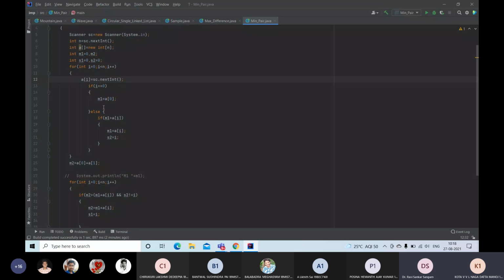Even then, suppose you leave the input section. Just ignore the input section. I understand your point that while reading only, I am maintaining that minimum element. Am I correct? Yes, sir. Just leave the reading part. See why I am asking: even while reading, at least you have to run the loop two times, right? Yes, sir, for taking input.